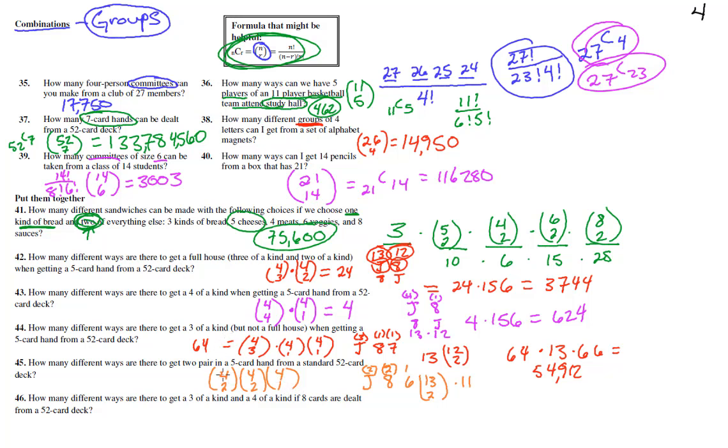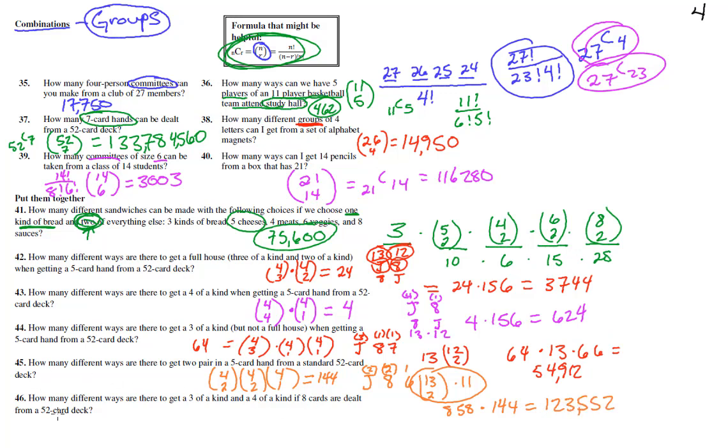So this becomes 6 times 6 times 4. 6 times 6 times 4 is 144. And so we're going to take this guy, which is 13 choose 2, which is 78 times 11 is 858 times 144, and that equals